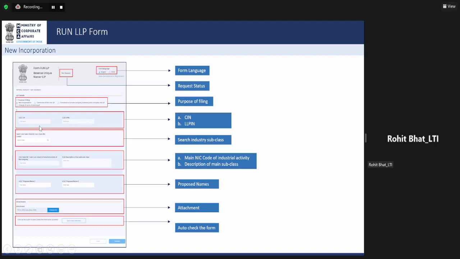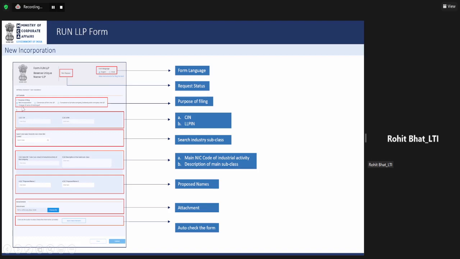In the second field, you can see that at present it is disabled, SIN and LLPIN. This is disabled because we are talking about new incorporation right now. The radio button which is selected is new incorporation. Had we selected conversion of private company or unlisted public company into LLP, then SIN option, that is 2A, would have been enabled.